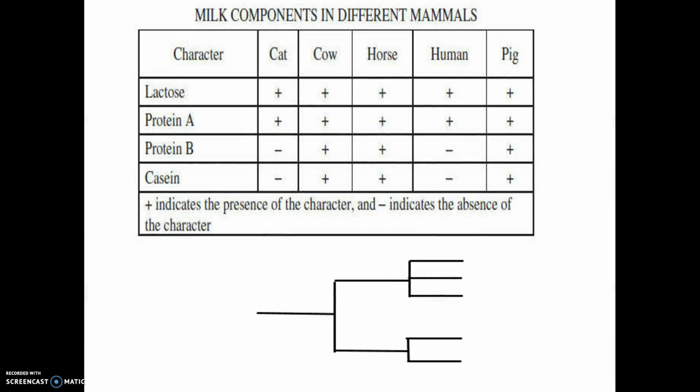They gave you this and they just asked you, they explained it, that it had to do with milk components. And all you had to do was fill in the organisms. And if you notice, the cow, the horse, and the pig all have the exact same, they all have protein A, protein B, casein, and lactose. So you just had to put horse, cow and pig together, and then the cow